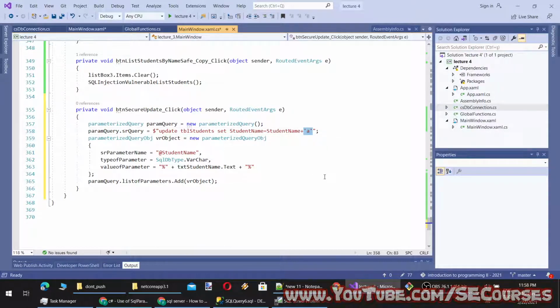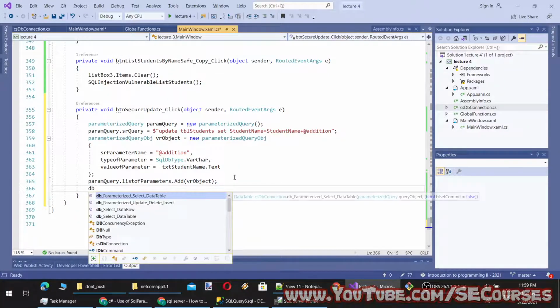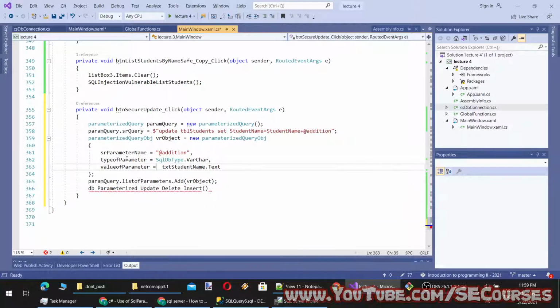What we are going to do is append a text here, let's say name or edition. The parameters are added, and finally the parameters are updated at insert with this, and it will return the number of rows affected, and we can show that as a message box.